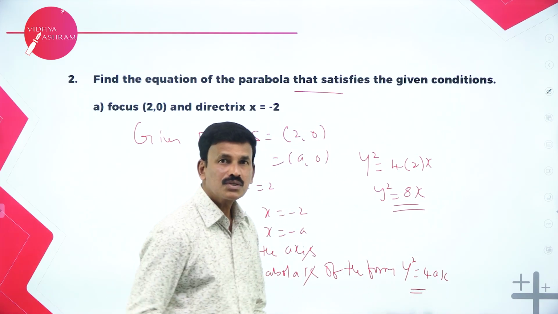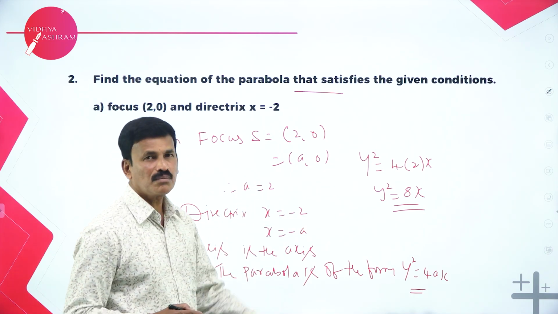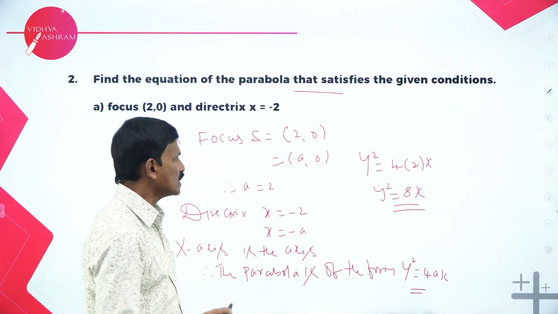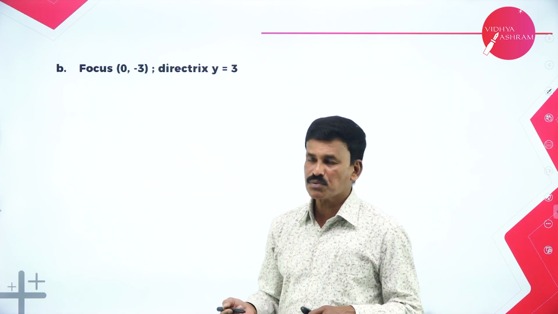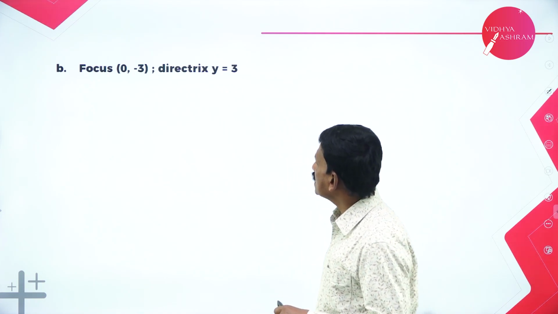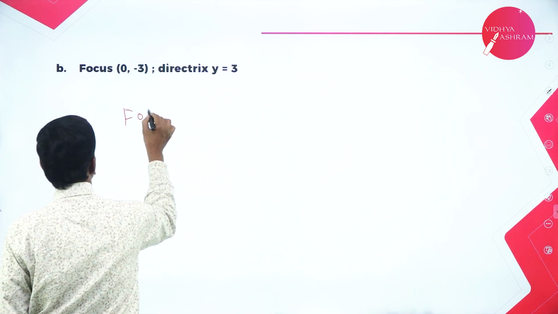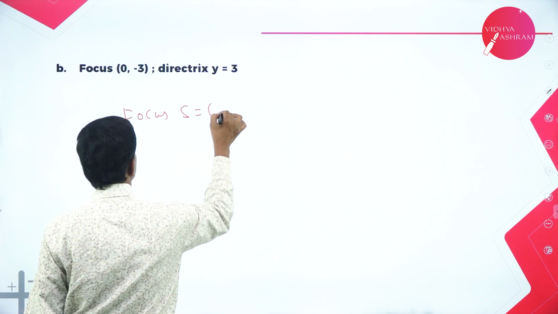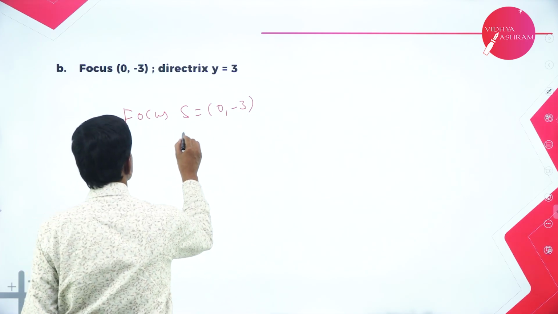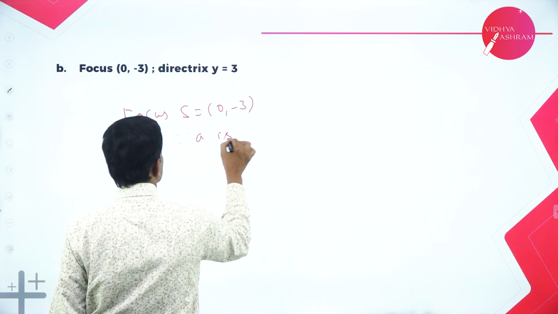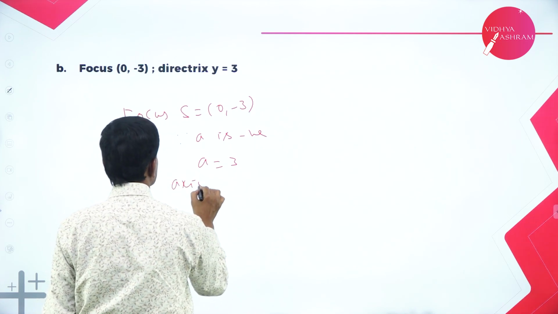That's it. Since a is positive, the parabola is on the x-axis opening towards the right side, that is 4ax, 4 into 2 is 8x. Let us move on to the next problem. Focus (0, minus 3) and the directrix is y is equal to plus 3. Now what is given? The focus F is equal to (0, minus 3), so a is equal to 3,